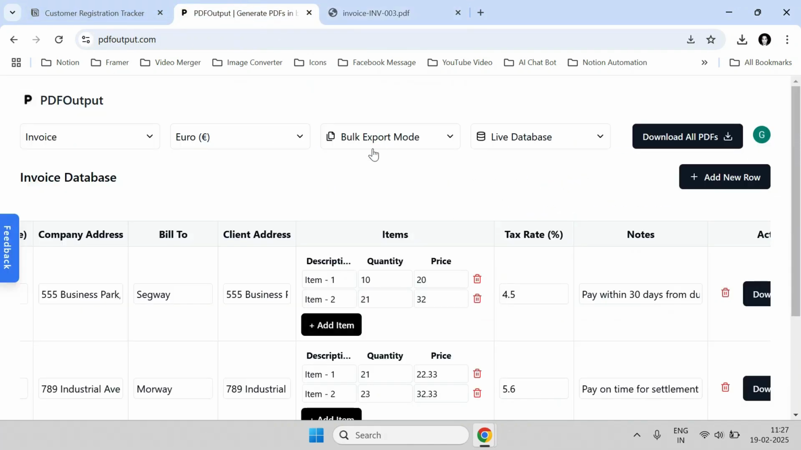And again, we had selected the euro currency. If you change this currency to any other currency, it will automatically come out in that format. Okay, as of now, this supports the live database feature. I will be soon adding a Notion database feature where you will be able to add details to a Notion database, and you can export documents from here in this